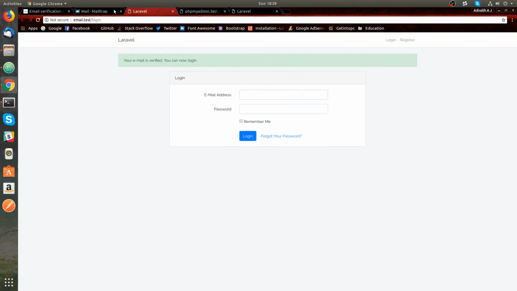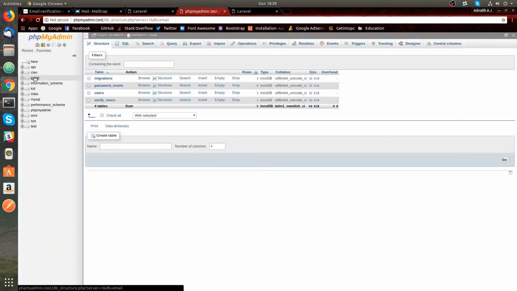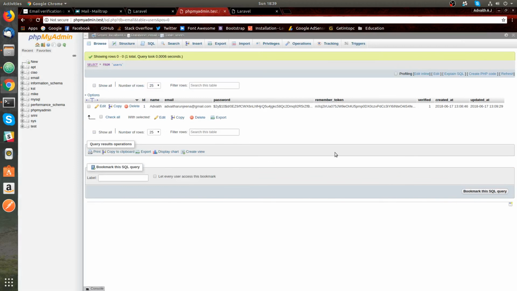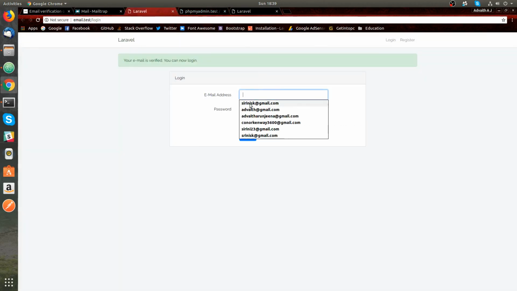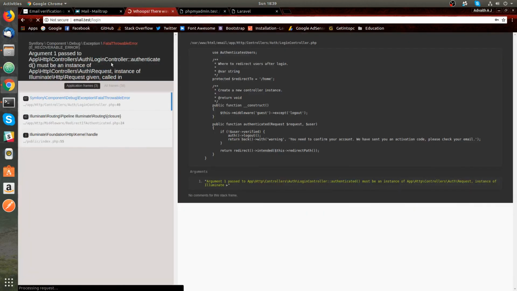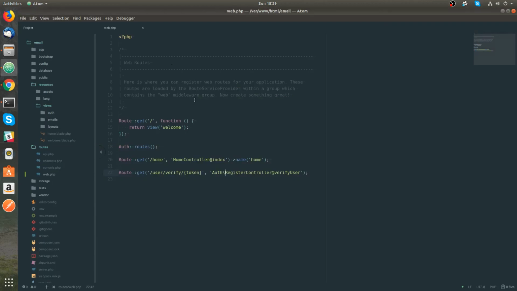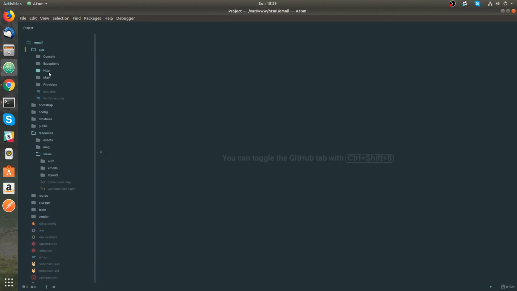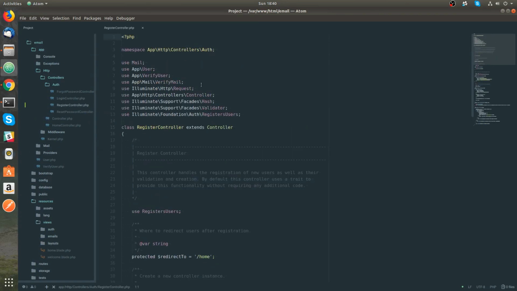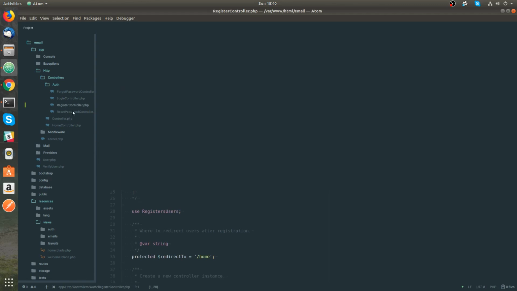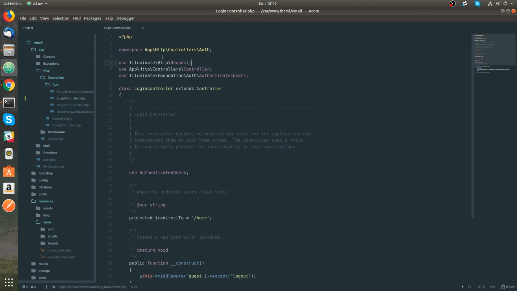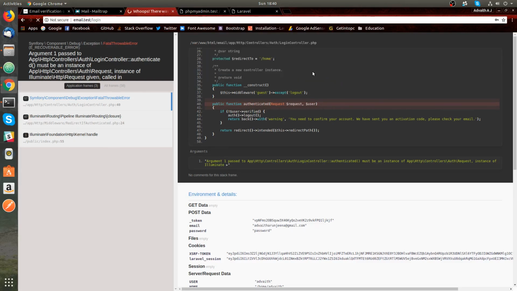So now it logged me in. If I go to my database and go to the users table, then I can see that verified is now true. If I change it to false and then I try to log in, then it will say that, yeah, we forgot about the Request class even in the login controller. So auth login, copy this, and I will import it at the top. Now if I reload,